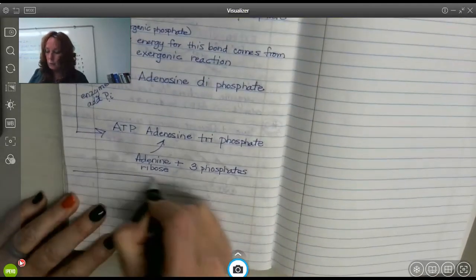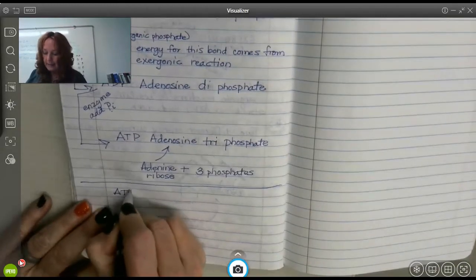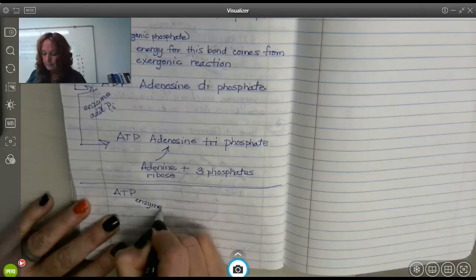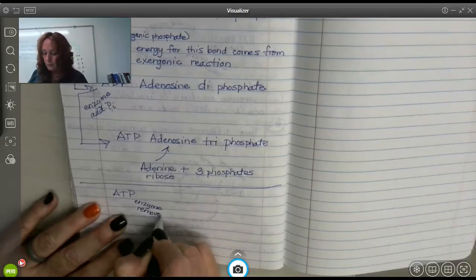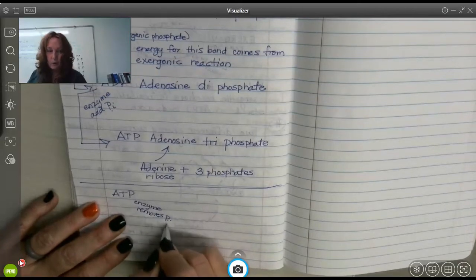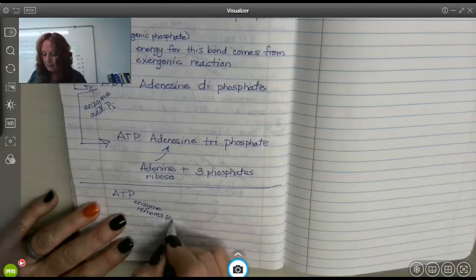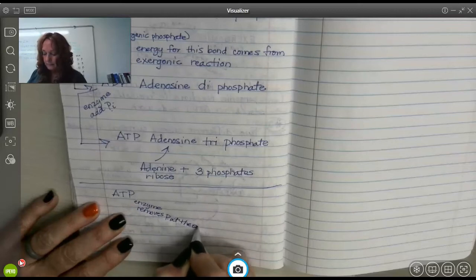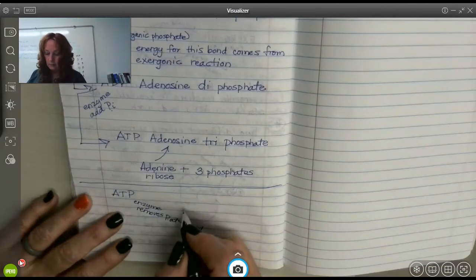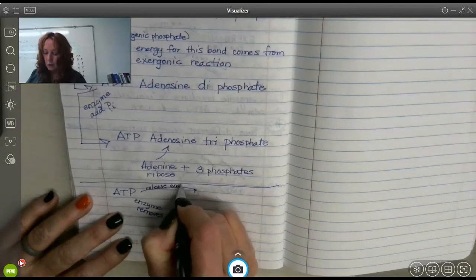So then as you need to use it, so this is the way we make it, you're going to take ATP, and then you'll have some enzyme that will remove, and the enzyme removes this phosphate. Now it's not inorganic anymore because it's bound to this whole molecule, removes the phosphate at the end. Energy is going to be released, so we'll release energy. Now most of the time it's used to do work.